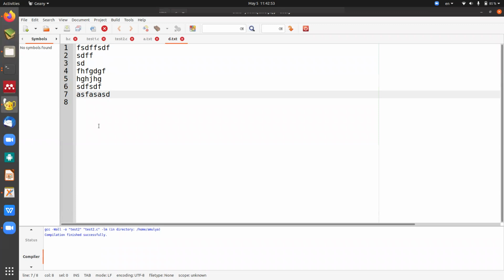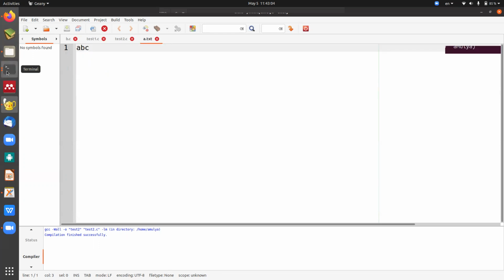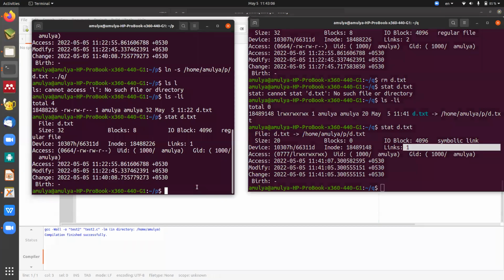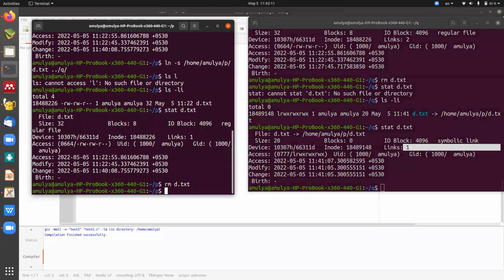Both are using it or not? Yes. Now let's delete one. Which one should we delete? If we delete Q, it won't make a difference because he doesn't know anything about him, but if we delete P then it will make a difference. So what to do? So this is about this. Yes, let's delete P. So rm d.txt. Now if you look into it,